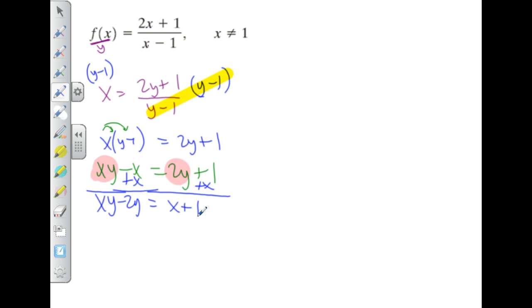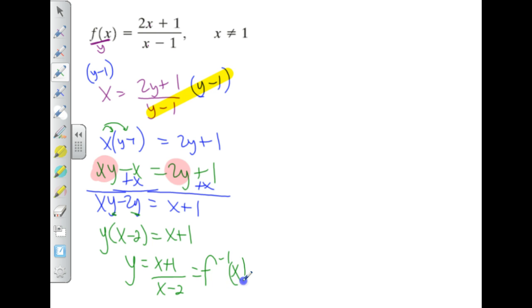So what do you do from here? This happens often enough where it trips students up. Whenever you see 2 y's, you want to create just 1 y. You're going to have to factor. In this case, we're factoring out y. And then you divide by y minus 2. So I think that the inverse function is this. And I'll replace that with